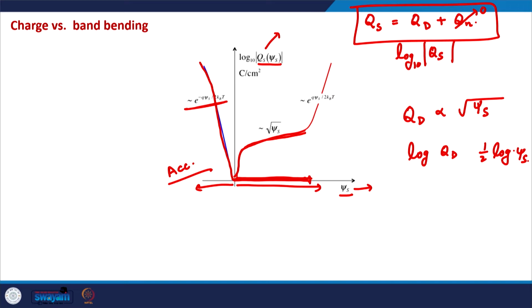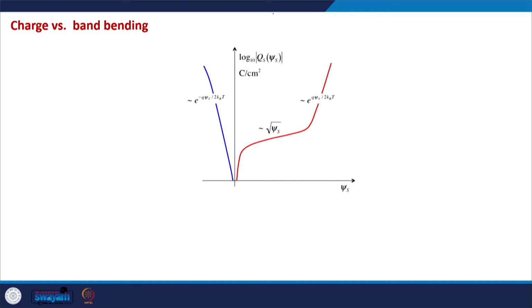But as soon as the inversion starts, which means that now psi s is greater than or equal to 2 psi b, this charge, which is the mobile charge, this Qn charge, starts dominating, and it starts becoming more than the Qd charge. So this Qd becomes negligible as compared to Qn, and again this Qn has exponential dependence on psi s. So again this plot of Qs versus psi s follows the exponential path. This is, I would say, an important observation in MOSFET electrostatics: how the semiconductor charge, which is essentially the charge in the channel region of the semiconductor, varies as a function of